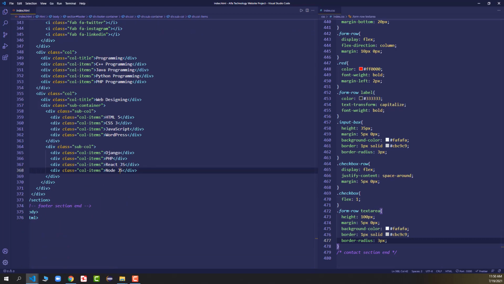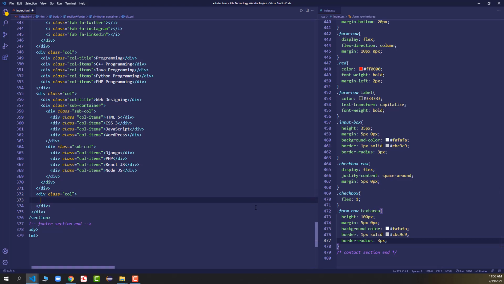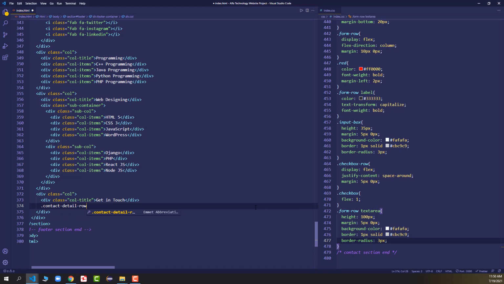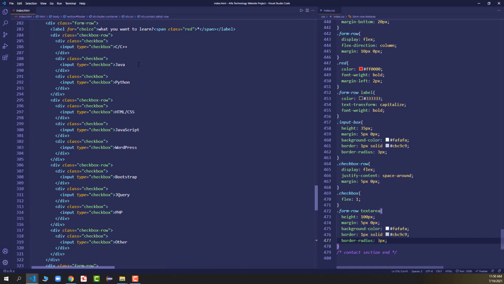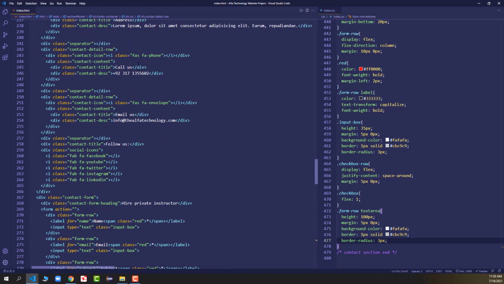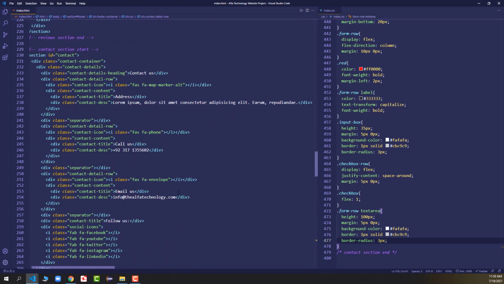Okay, let me just explain the structure once again. We have col class, then we have col title, then we have sub container, and inside the sub container we have 2 sub col. Okay, after that I will go down and create another col class, which will be the 4th column, and here I will say dot col title, and here I will say Get in touch as a text, then I will say dot contact details row. So I can just go in the previous section where we have designed the contact details, and I can just copy the contact details row.